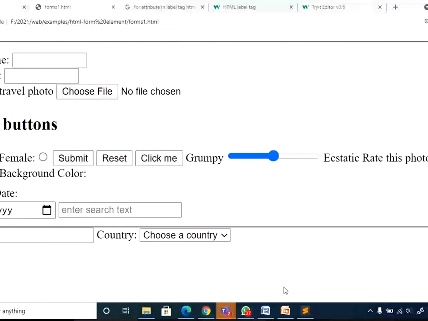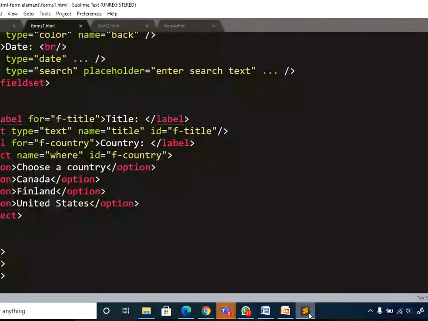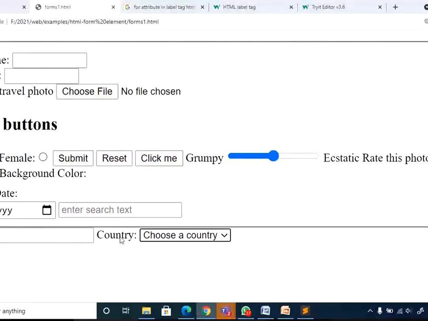That is when you give the relation between the form, the label and the control elements.